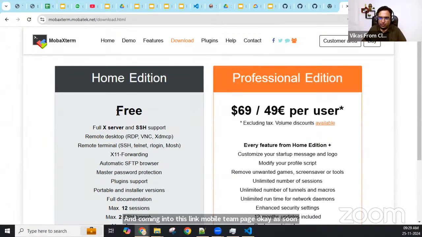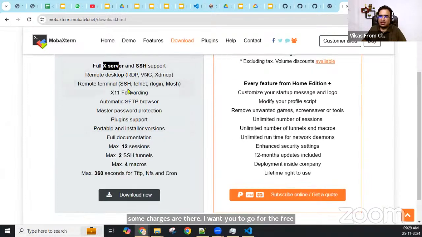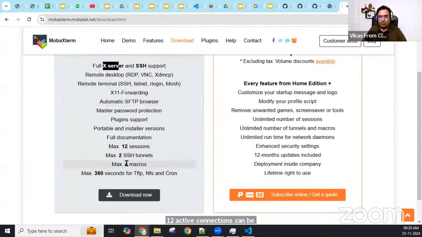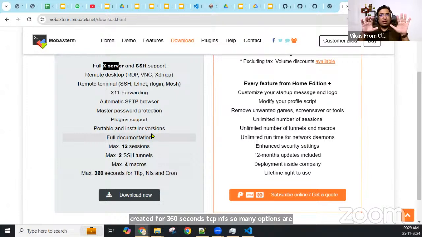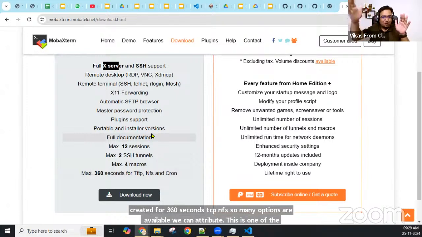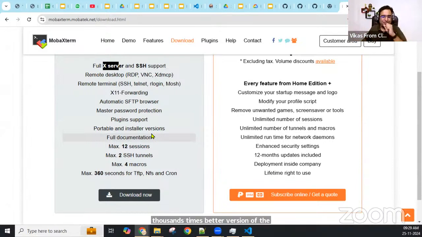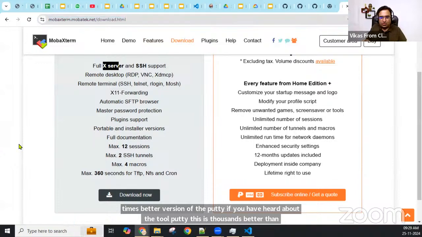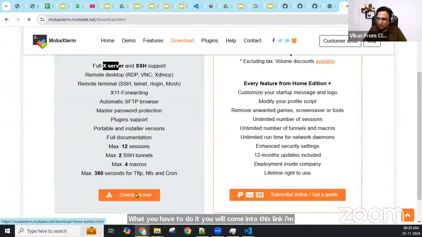I want you to go for the free option, where X server, SSH, RDP, VNC, XDMCP, X forwarding, so many options are there. 12 active connections can be used, 2 SSH tunnels can be created, 360 seconds, TCP, NFS, so many options are available. This is thousands of times better than PuTTY, if you have heard about the tool PuTTY. So come to this link. I'm giving you this link in the chat box. As soon as you click on download,